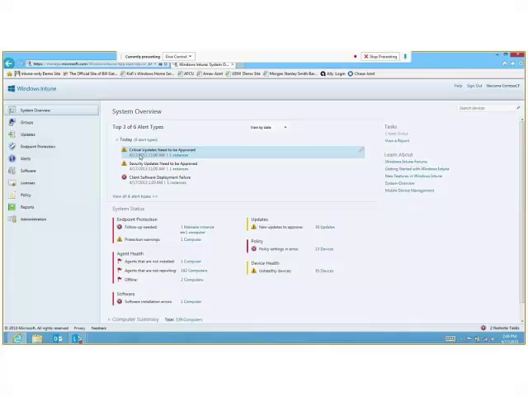The learning curve to use Intune is very shallow. It's not a steep curve. Red, yellow, green indicates the things that need to be addressed directly and quickly versus things that we have a little bit of time on and informational. So the alerts, I can filter them based on category and severity. If I come down